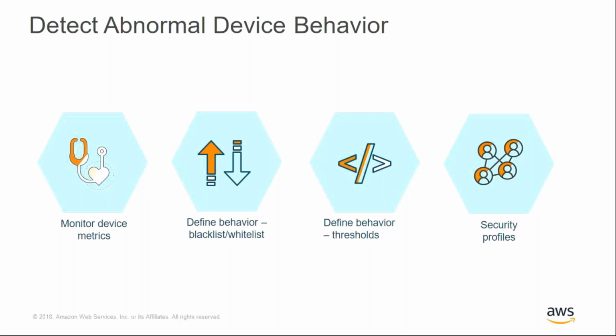The metrics for the threshold behaviors are aggregated over the time period that has been configured by the customers, and customers receive an alert if the aggregated metric data points violate the expected thresholds. The cloud-side metrics are event-driven and are captured by IoT Device Defender whenever there is an activity associated with customers' devices on IoT Core. The device-side metrics need to be published to the IoT Device Defender topic in MQTT in a predetermined format and a